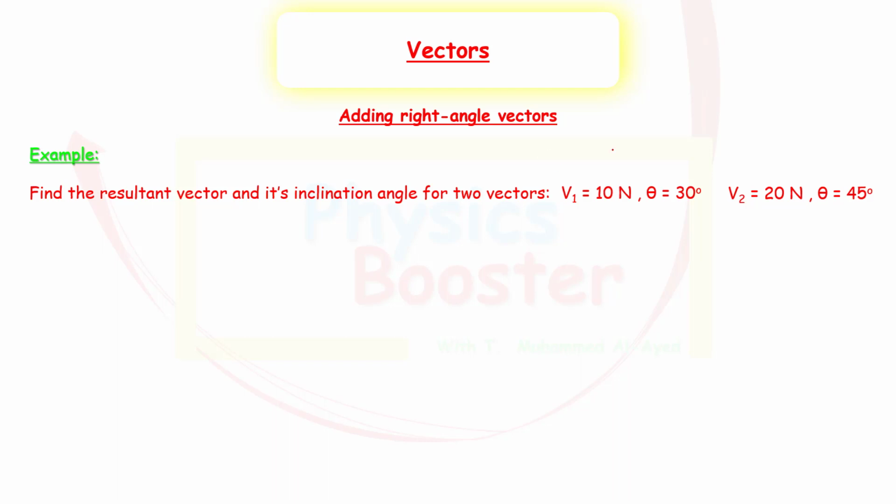So let's graph it quickly. It will help. Let's imagine that we have this object and we have the first vector, which is equal to 10, and it has an inclination angle equal to 30 degrees. The other one is equal to 20 newtons and it has an inclination angle equal to 45 degrees. So it's going to be like this, 20 newtons. And this angle this time is going to be equal to 45 degrees. Okay, so the steps say that first thing, I have to turn these vectors back to their original components. So if I want to graph it again right here,